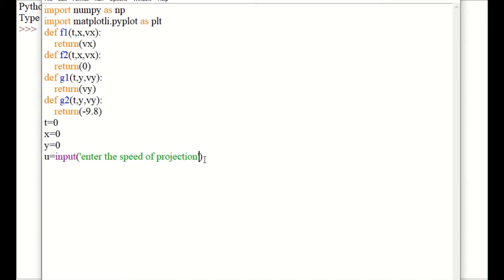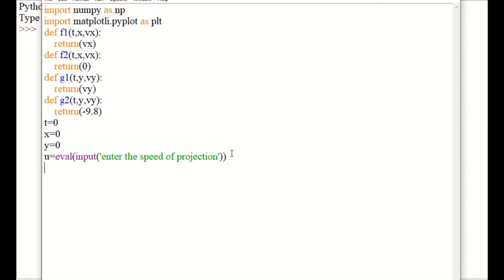Okay. Next step, I'm writing the code in version 3, so please recall that we must use the eval function to convert that into a number.